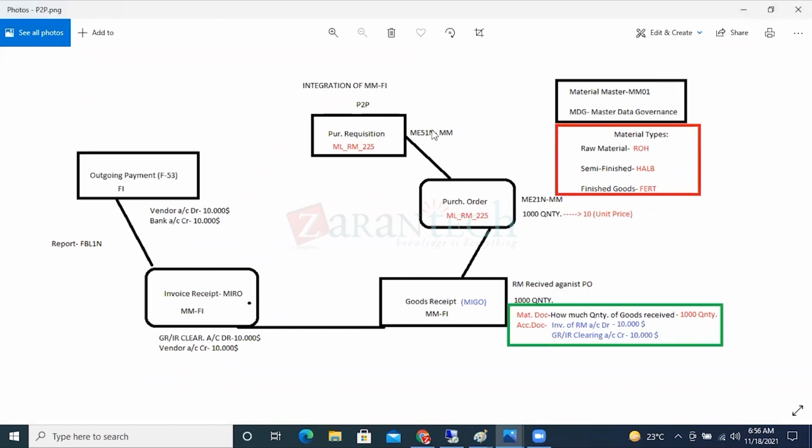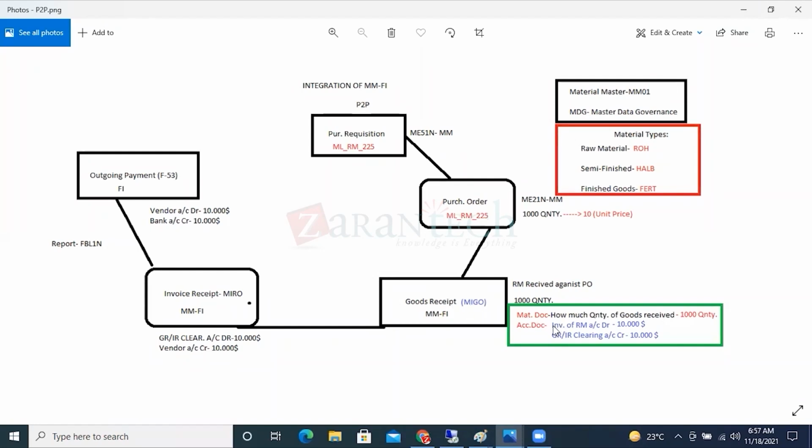There is no FI and there is no controlling. If you are creating a purchase order, it is purely a transaction. There is no controlling, there is no FI. But when you are procuring the raw material, Mahesh, when you are going to be receiving the raw material from the vendor,